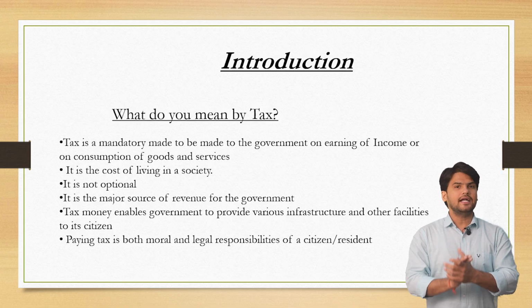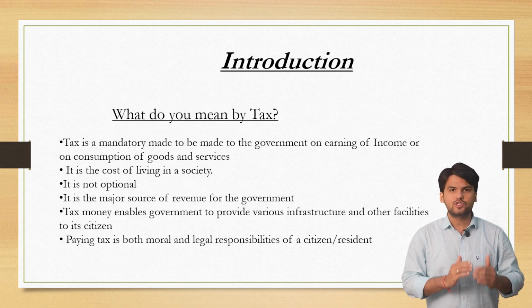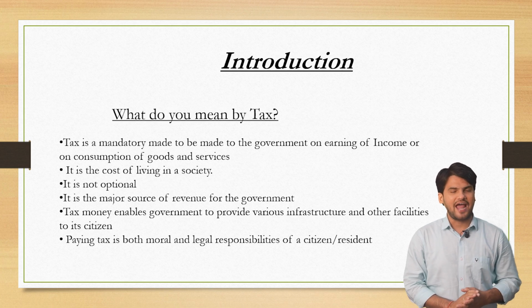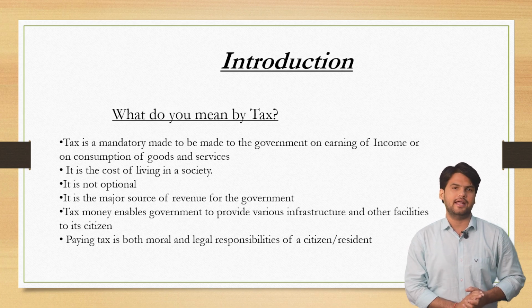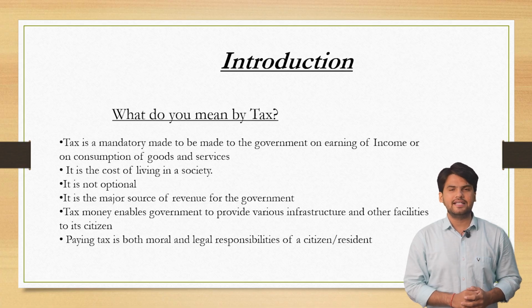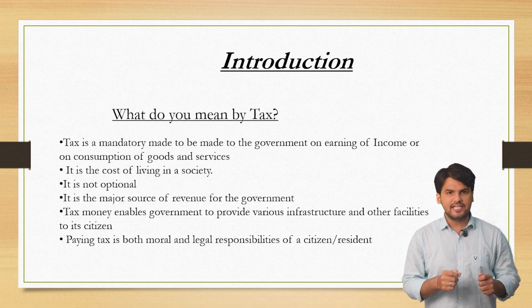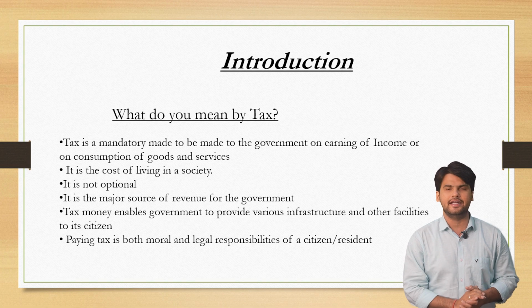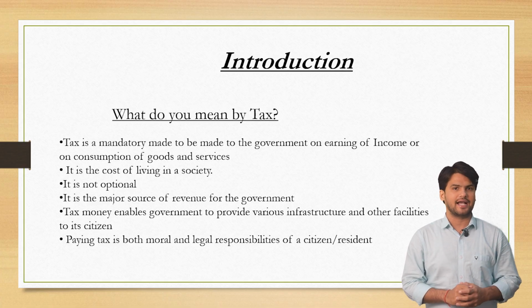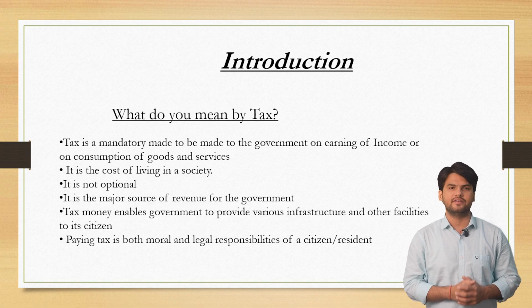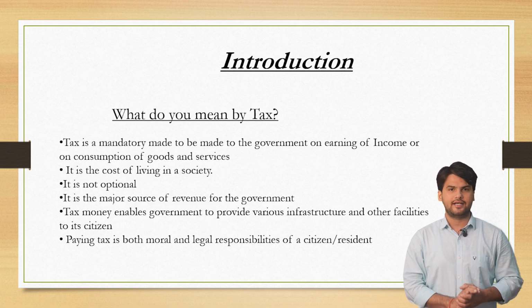And let us understand the two types of taxes based on the incidence of paying the tax. The two types of taxes are direct tax and indirect tax. Now, as the name rightly suggests, direct tax means the tax that is levied by the government on the income of a person. That is, when you earn income from any of the sources, which we will understand in detail, that is when you pay direct tax. And when you pay tax on the consumption of goods and services, that is the meaning of indirect tax.